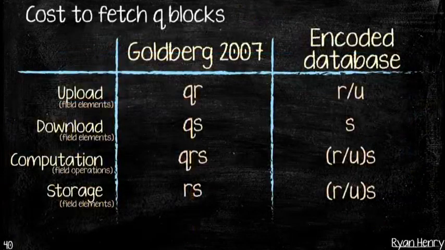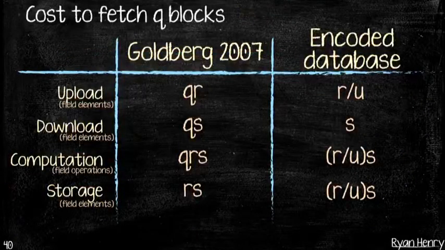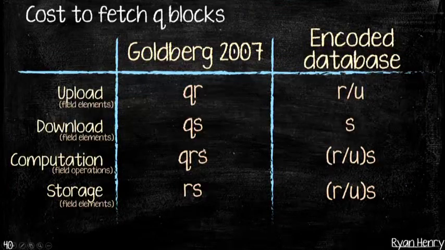So when we look at the cost of this compared to Goldberg's protocol, those Q's shouldn't be there. That's a copy paste there. So we're only looking at the cost to fetch one block, and this should say 1. So this should be RS, RS, RS. In this new protocol,